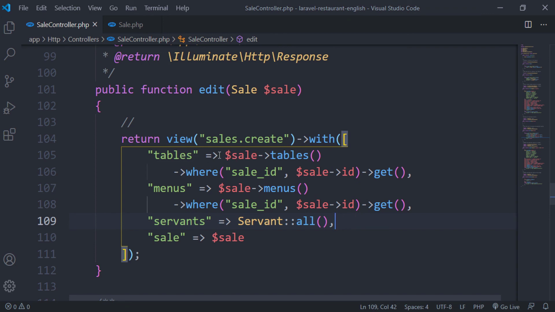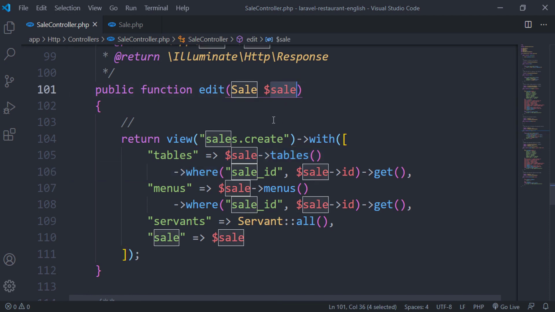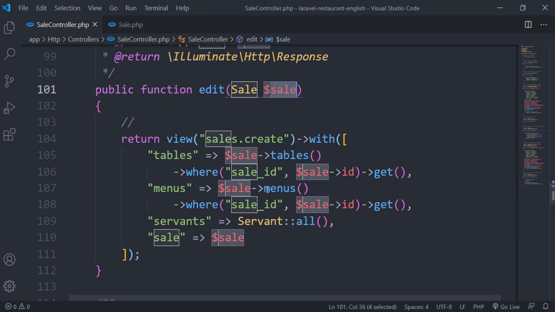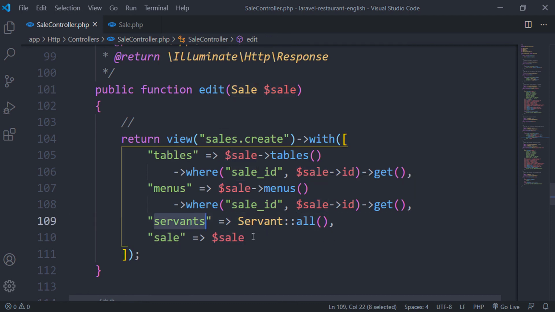So as I said, we look for the tables that belong to this sale using the relationship, and we look for the menus that belong to this sale using the relationship, and we bring the servants or the waiters, and we bring also the sale itself. So let me check here. So I think that's all what we need here